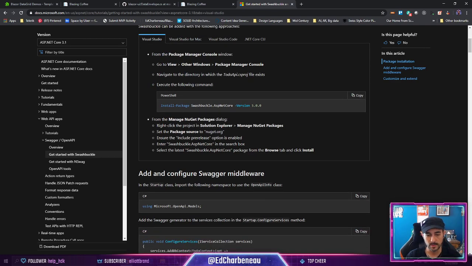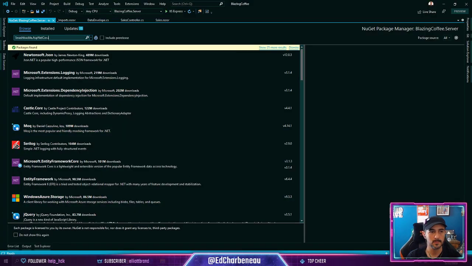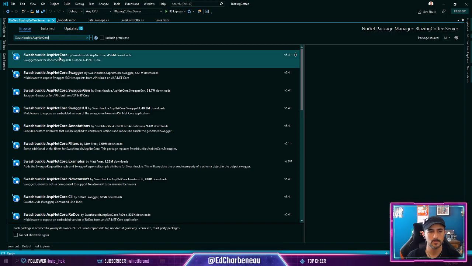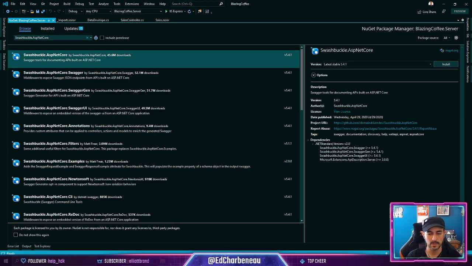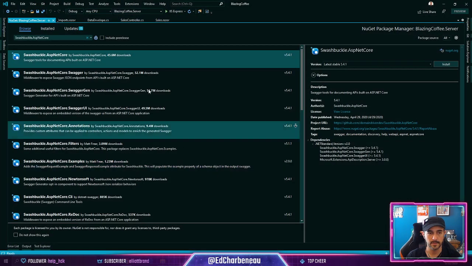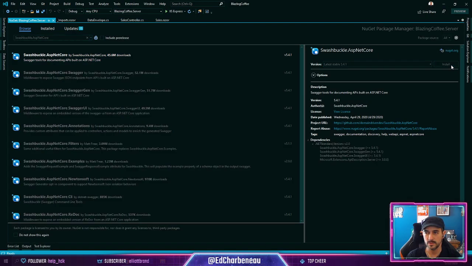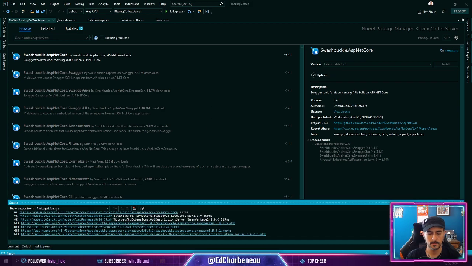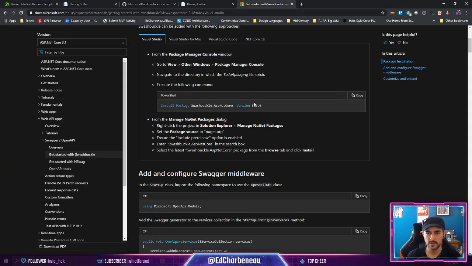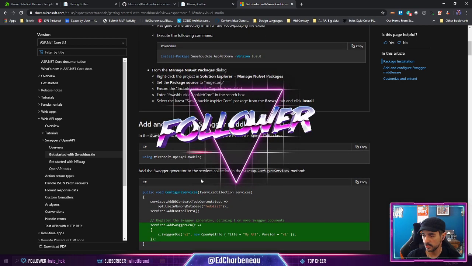So we'll add this NuGet package. Is that the one? Yeah, ASP.NET Core. We'll install that. Latest stable version should be good. Why does this say 5.0? They put a hard-coded version in there,